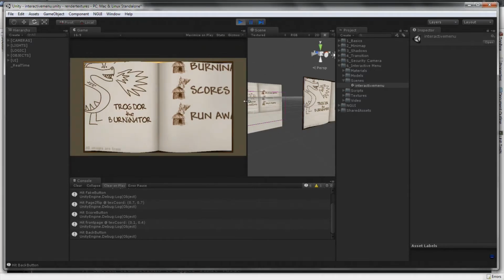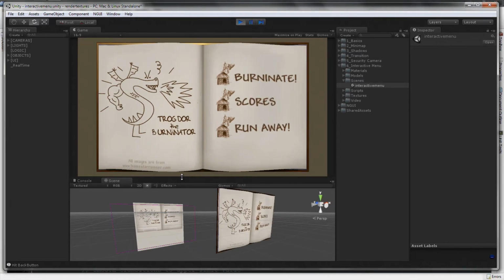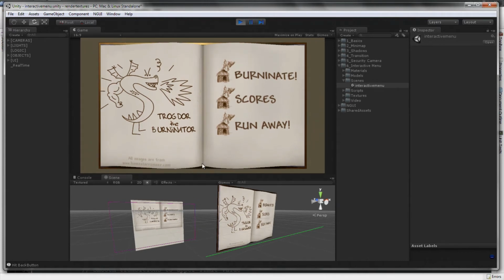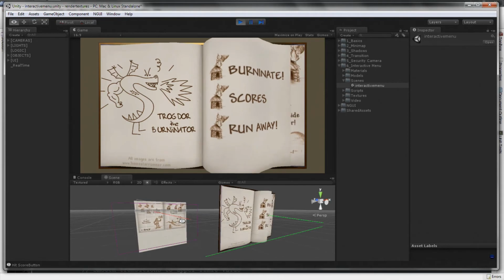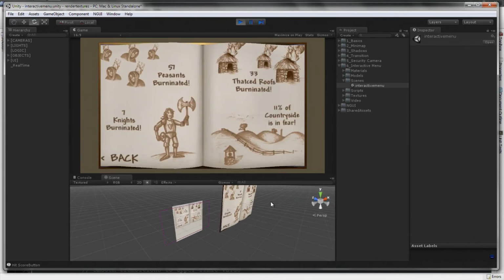So let me just put this over here, see if we can see it all at once. There we go. And there. So you can see we've got a ray being cast here,